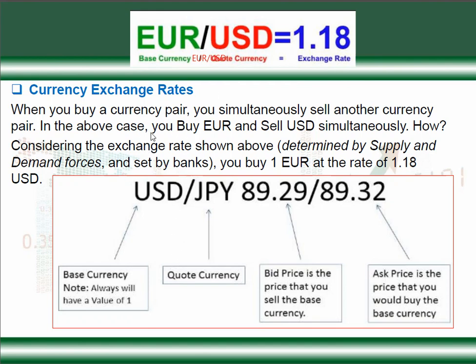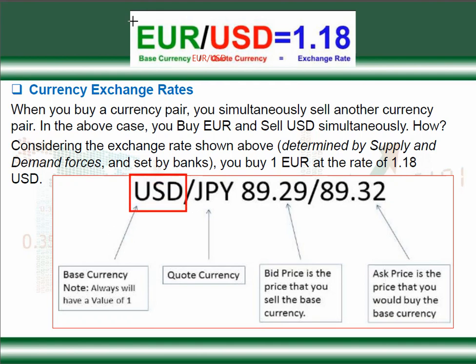Now, what makes price move up or move down? There are demand and supply forces in the market as dictated by major banks. Don't worry. Later on, you'll be able to talk about what moves the markets. But for now, just understand the first currency in the entire quote of a pair is the base currency, and it's always given a value of 1 in the ratio. The second currency in the pair is called the quote currency. Base, quote. Good? So let me circle them.